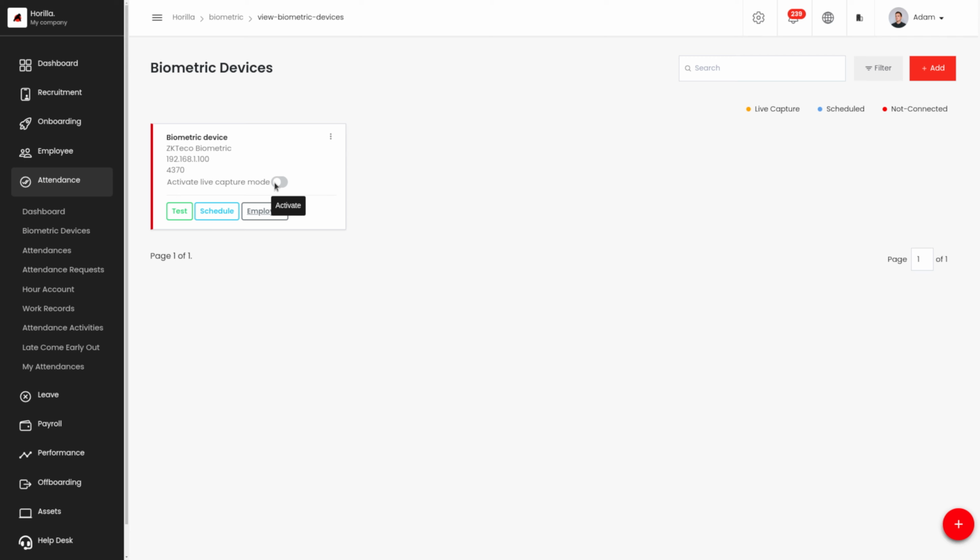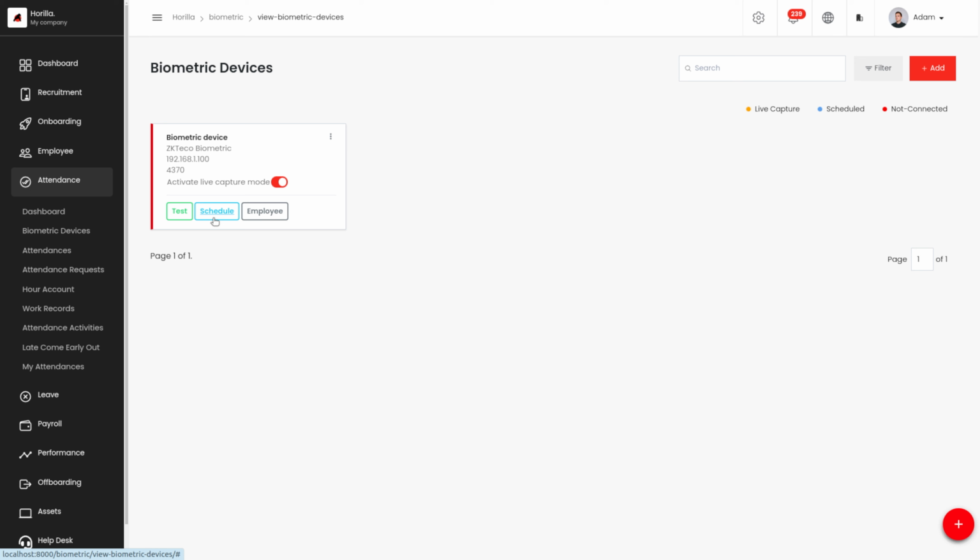Next we have the test. It is used to check the connectivity between Horilla and the biometric device. It ensures the IP and port configurations are correct and the device is responsive.